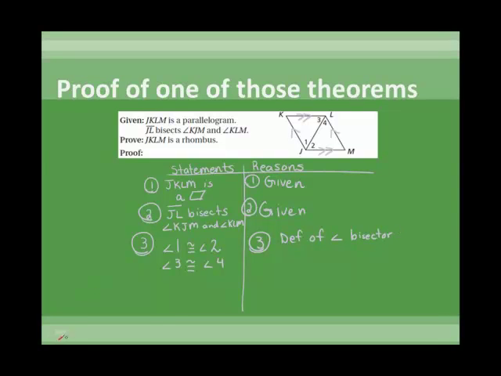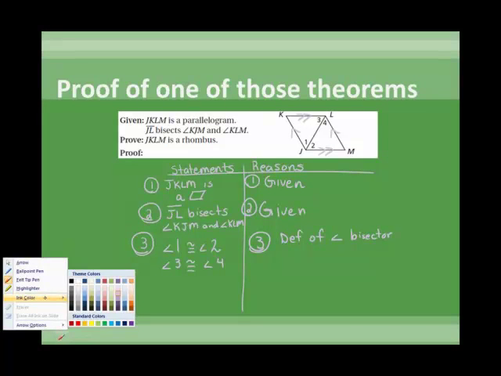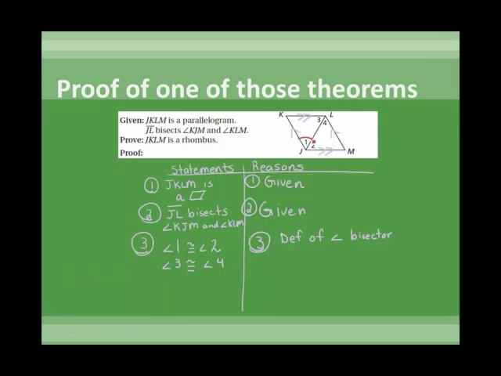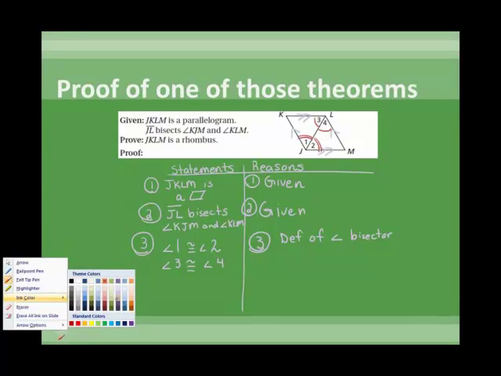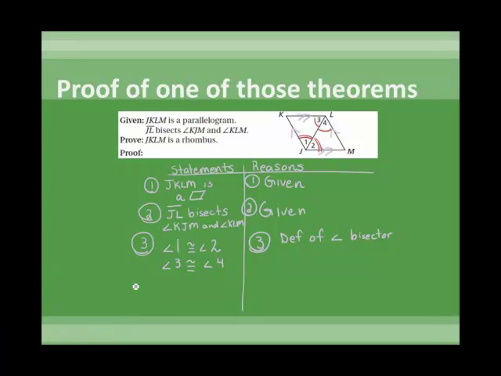Okay, so let's put some markings in here. It's nice to put the markings in as you go along, so then you can tell what you're doing. If I say that this angle is congruent to this angle, and this guy is congruent to this guy. Now actually I can prove that those two triangles are congruent if I use the reflexive property. So I can say that JL is congruent to itself,